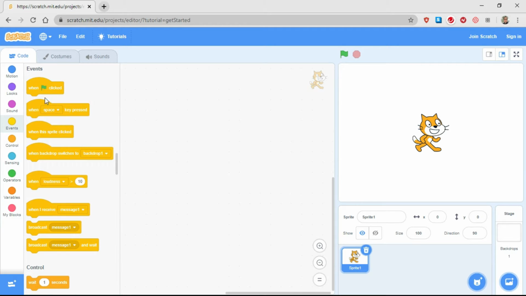So when you click the green flag, like I told you just now, if you want to start a game, you will need to click the green flag. So this is the first command. When you click the green flag, something must happen. Now we want it to follow the cursor. So what we need to do is